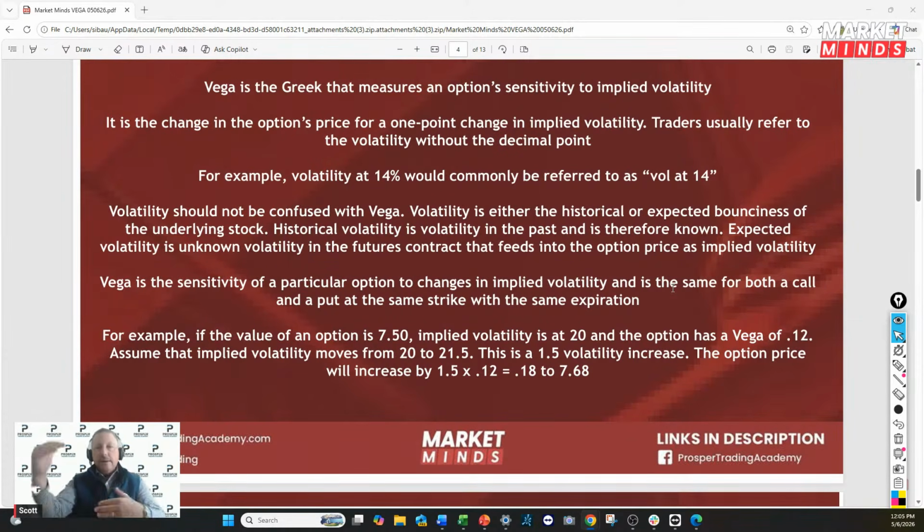Volatility measures how much a stock is bouncing around. Historical volatility is what has happened in the past. Expected or implied volatility is what's going to happen in the future based on what has happened in the past. But Vega measures the sensitivity to a change in volatility. Something really important to understand that many people don't,